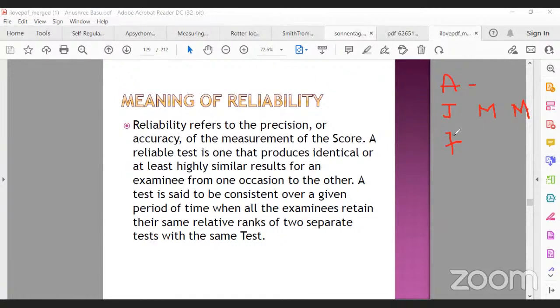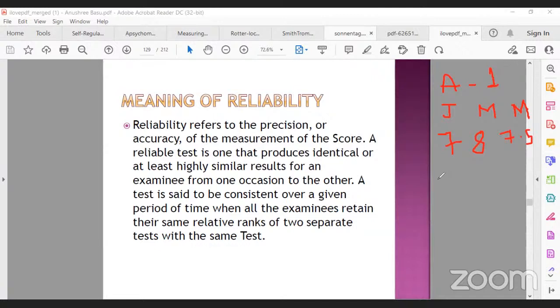Okay, so if we are using the same test, or there are 3 equivalent forms of the same test, so if a person is being tested on the number system, all 3 would have equivalent items with similar difficulty. So if he's getting 7, 8, 7.5, this is for test number 1,